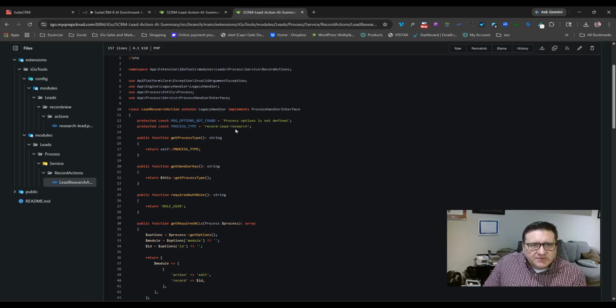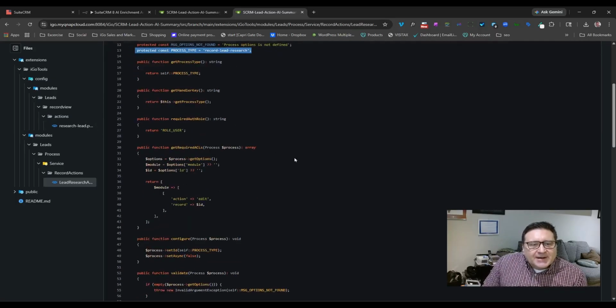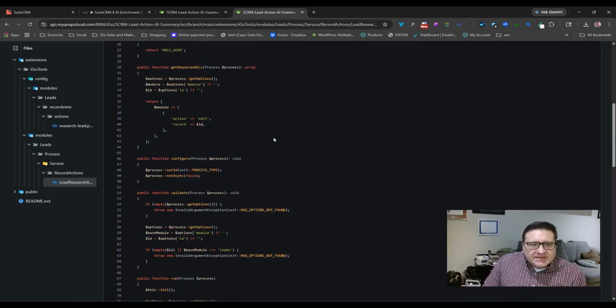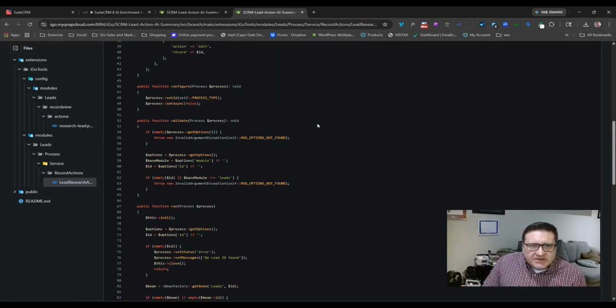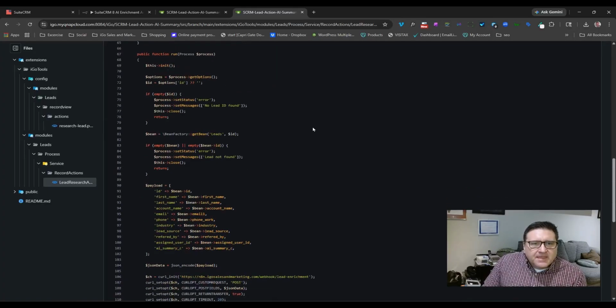The only important thing here is that the process type has to match the process type in your button. The rest of this is pretty much standard stuff. You can just cut and paste it right out. And then when we get to the run,